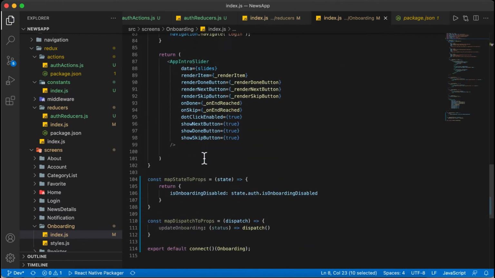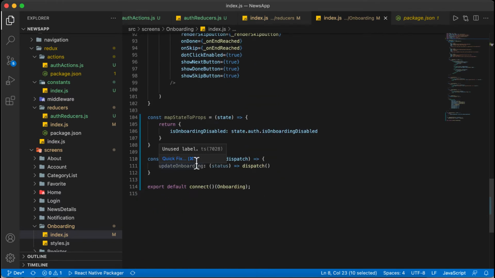Then inside the mapDispatchToProps, here will be dispatch, so all the actions will be dispatched here. We will receive this dispatch function as updateOnboarding, then we will receive this method in the props. When we call it, it will automatically be dispatched and all the things behind will happen, like it will go to the reducer and update the state.